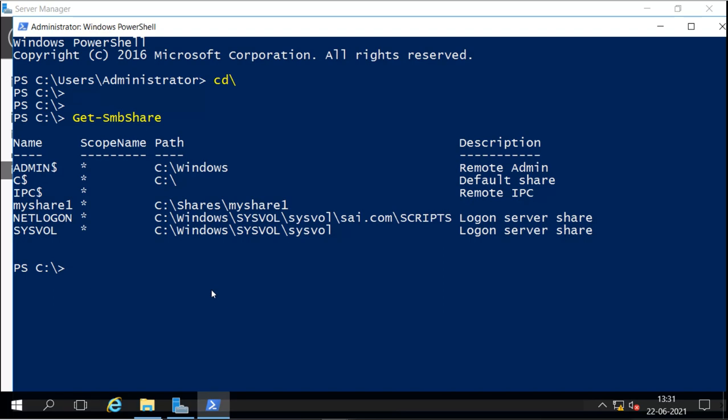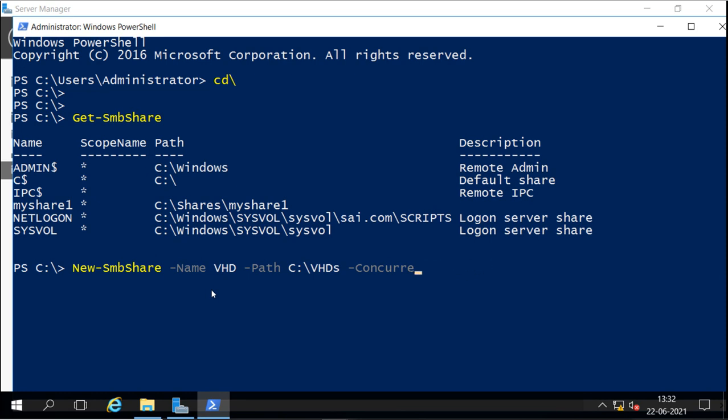Now if we want to create a new one, I will give the command New-SmbShare, then name. That means it will be the sharing name for the folder. So I will create the name VHD. Then I will mention the path where the actual folder is located. So this is the actual folder we want to share.